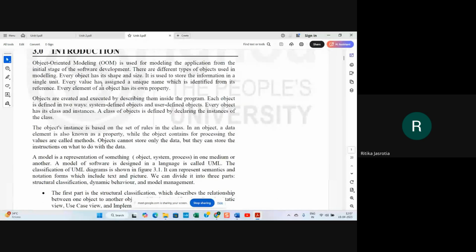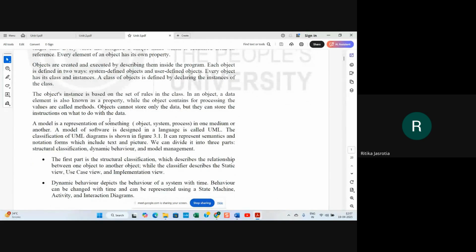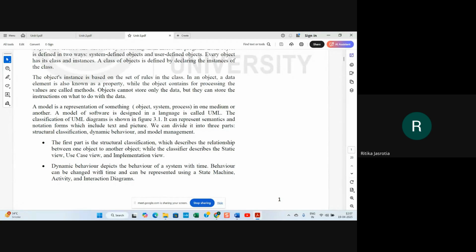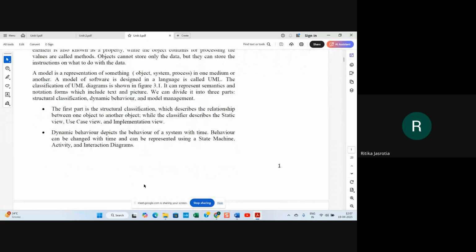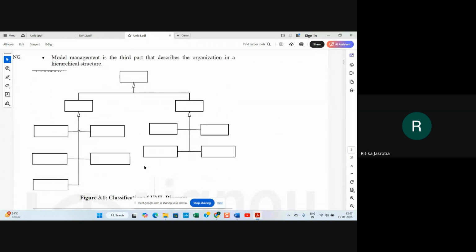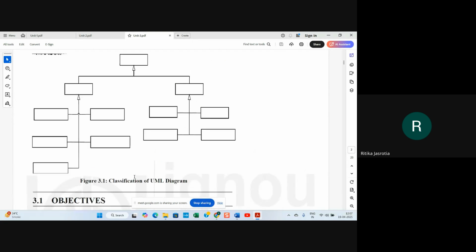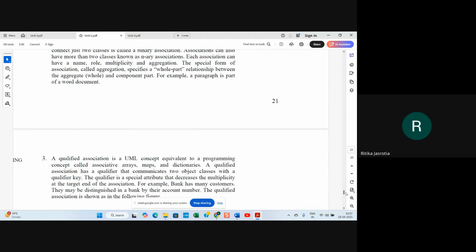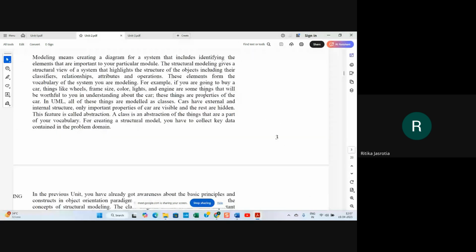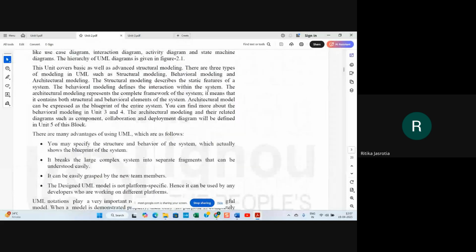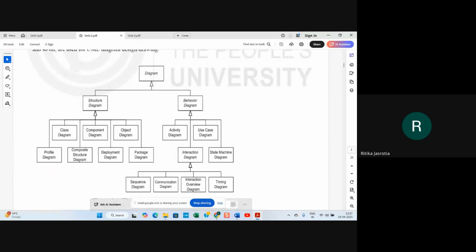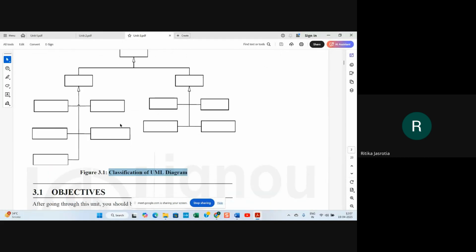So we have seen in object modeling that in UML you have two types of modeling: one is structural modeling, the other is dynamic behavioral modeling. In structural modeling we talked about the class and all that. In dynamic modeling we will be talking about the use case and other diagrams. That is what we will be representing. This is again the classification of the UML model which was given in your second unit, the different diagrams which are given here. This is the same diagram which they are depicting in this Unit 3 also, right?